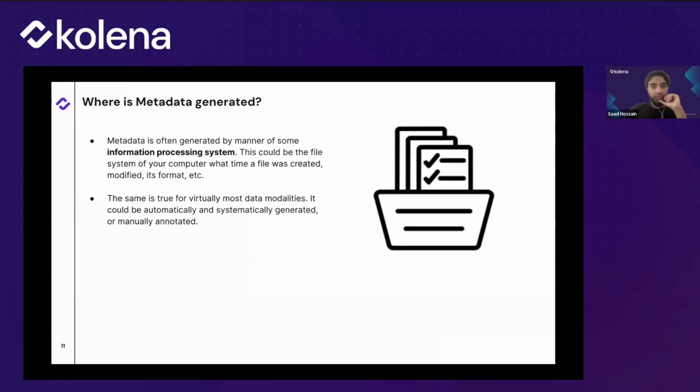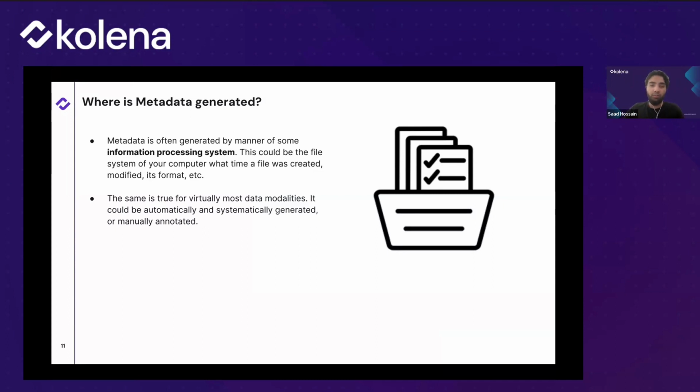So now that we understand why metadata is important, we have to understand generally where metadata comes from. This information or this data generally does come from some sort of information processing system. Now, this could be the operating system of your computer. If we were to take a file, for example, when we look at a file and we look at what quote unquote metadata is associated with it, we see